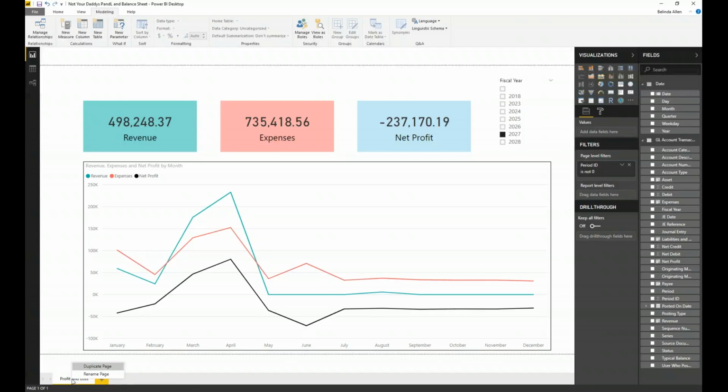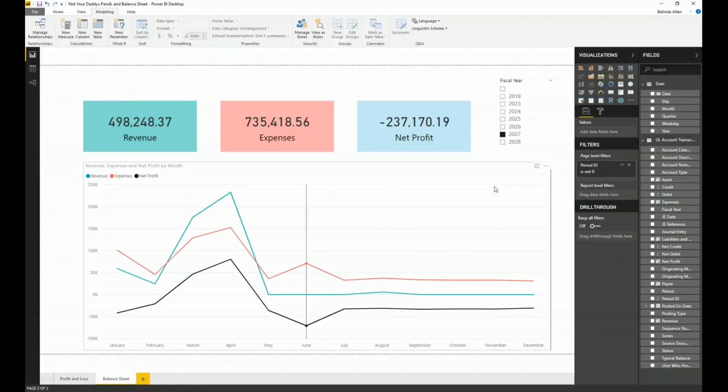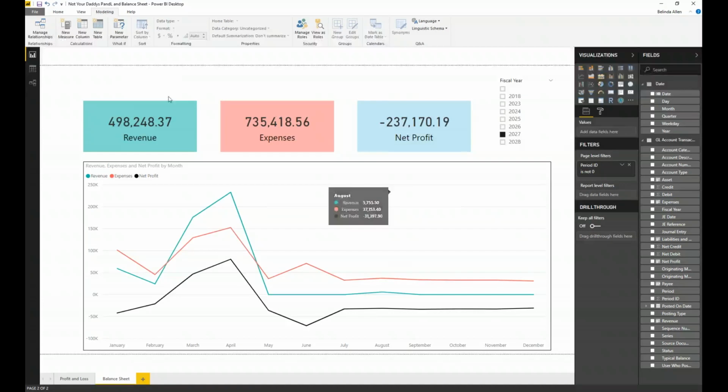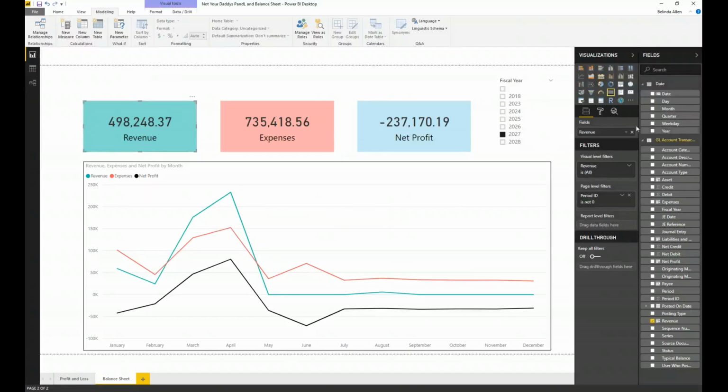So now I'm going to right mouse click and duplicate this, and we'll call this one a balance sheet. And of course you would add titles on them as well. I'm just not adding titles. On the balance sheet, on the revenue field, we're going to change that to assets. We want to leave it green. On the expenses, we're going to change that one to liability and equity.